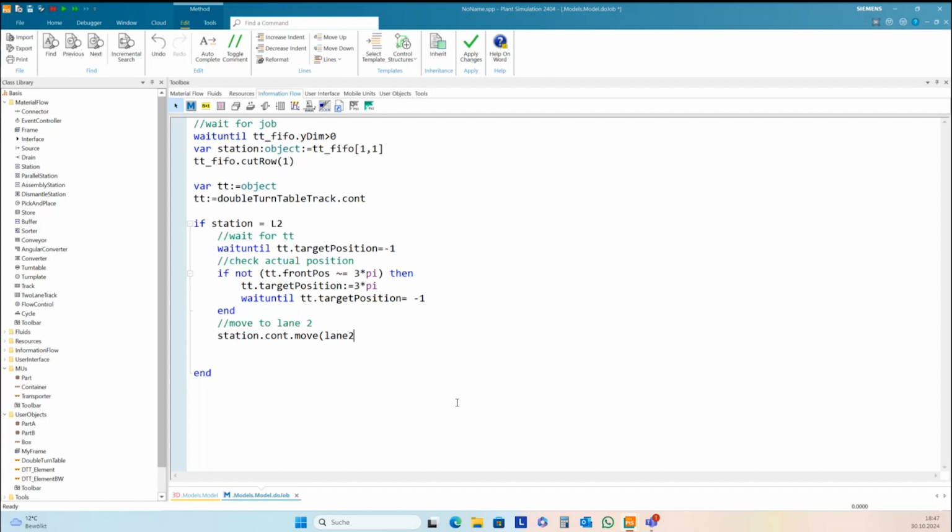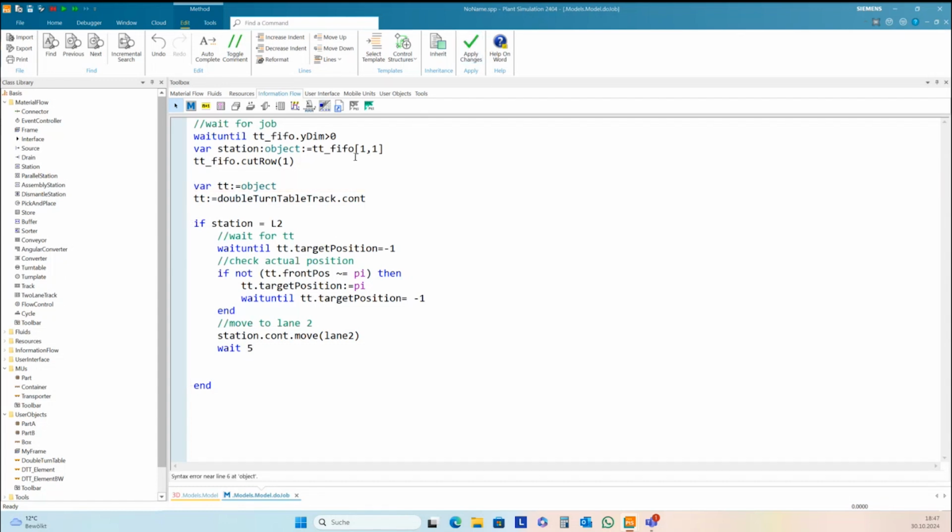Okay, I need to change something there. Okay, this is only pi here. And then we need to wait, for instance, for 5 seconds. I need to check this first. RTT object. Okay, this should be the first one.